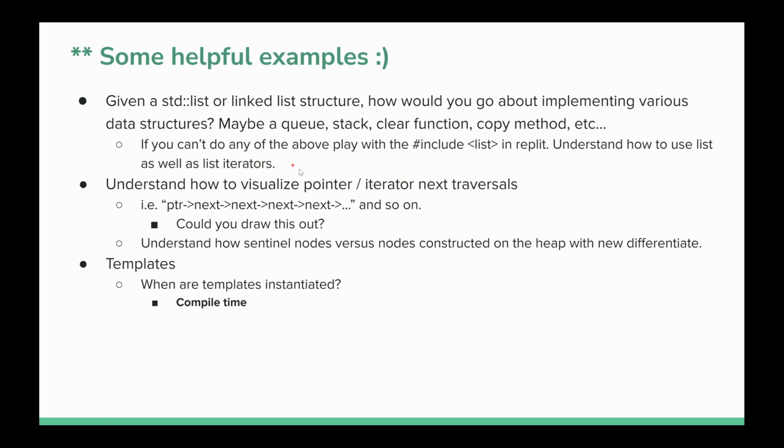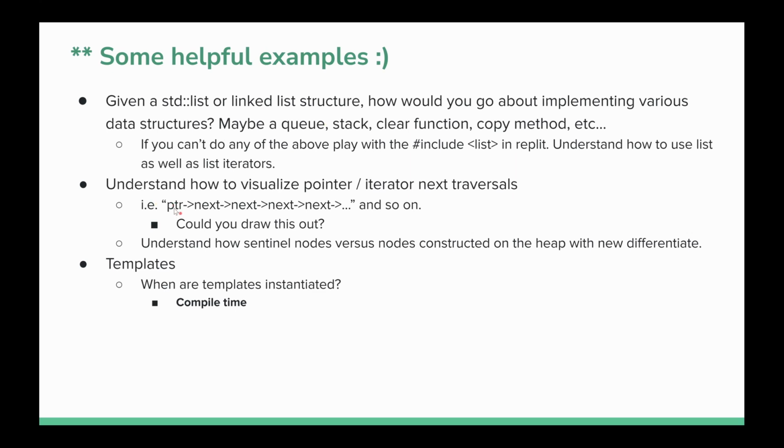If you don't really understand how to do that, go ahead and open whatever, include lists, and just try to understand how iterators work with the standard library list class, how we can dereference those iterators, how we can kind of just access nodes. One thing about a linked list is not every node stores a value of int, right? This is template classing, right? We don't have to store an integer. So if we dereference an iterator, that just gives us the value that is there, right? But the value isn't always an integer. Maybe it's a struct. Maybe it's a struct that has other things that we need to dereference,